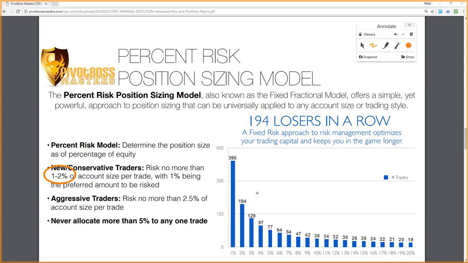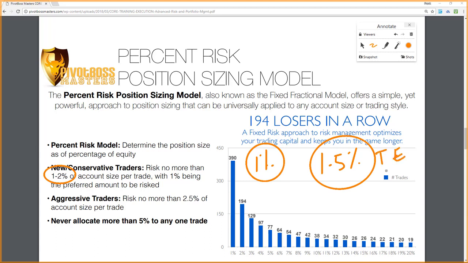And so typically 1% is a great amount to risk. 1.5% is usually my preferred. I like 1.5%. It's a little bit more aggressive but not quite into 2. And then at times, so this would be on total equity. And then over the course of, say, a month or a quarter, in terms of profits,